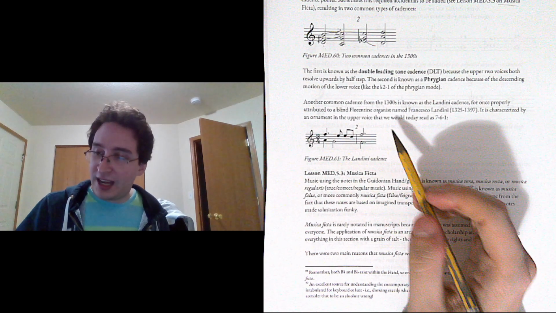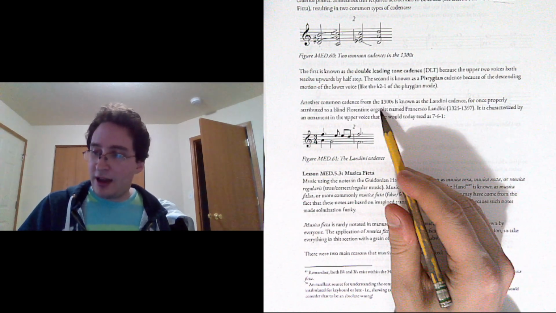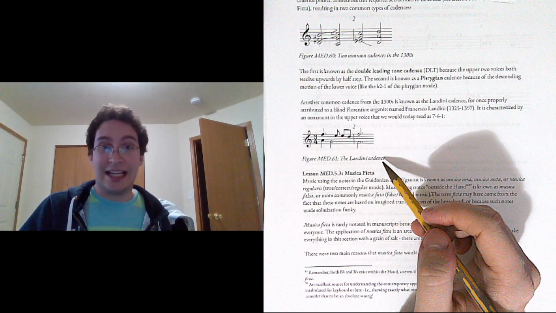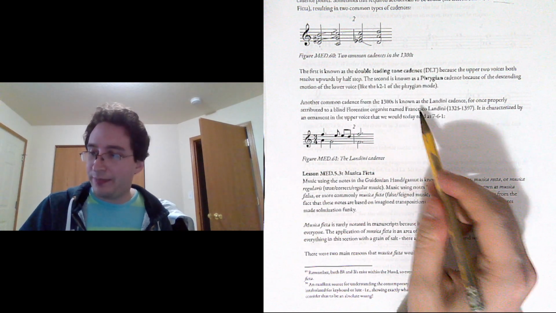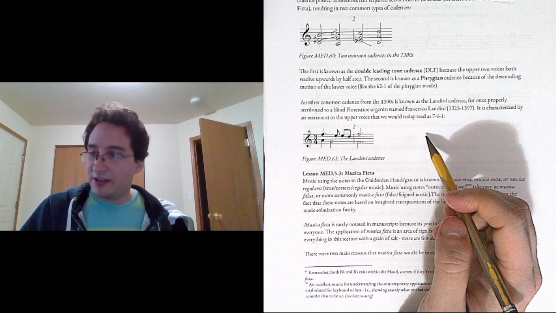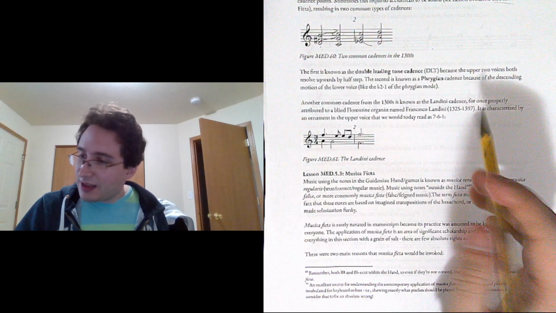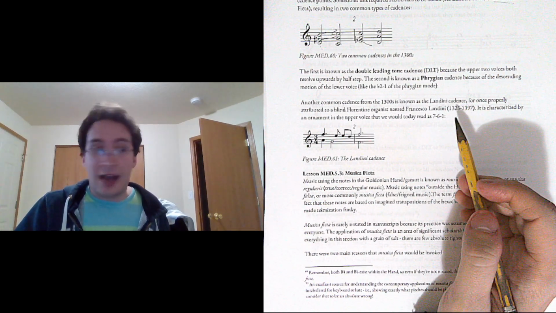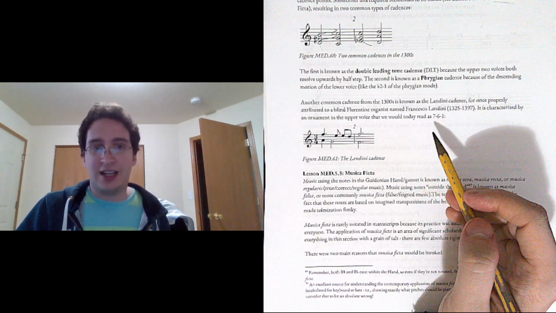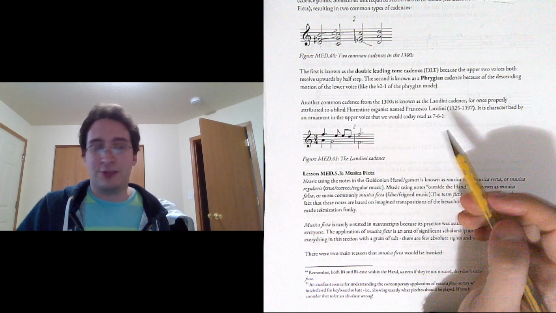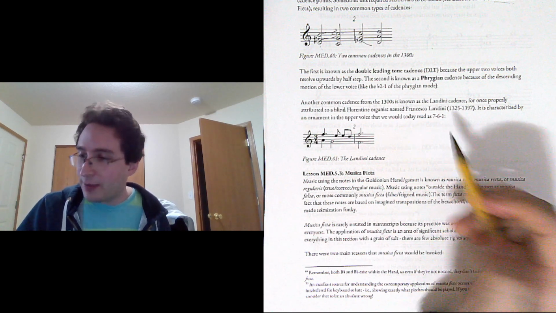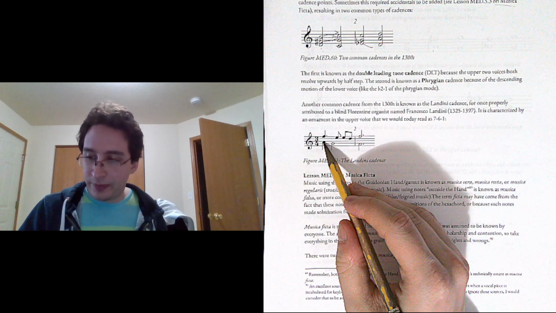The last common cadence type that we might see in the 1300s is known as the Landini cadence, because Francesco Landini was very fond of it. And in fact, the attribution properly goes to him, as opposed to many cases where things are named after people that just popularize them rather than actually develop them. So what we have here is